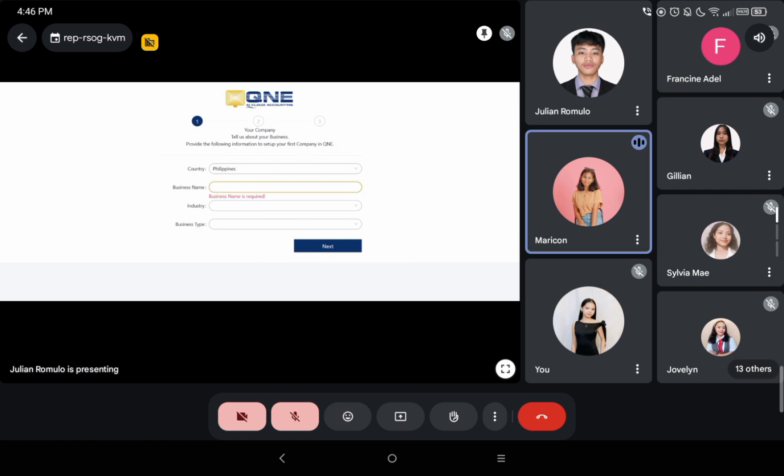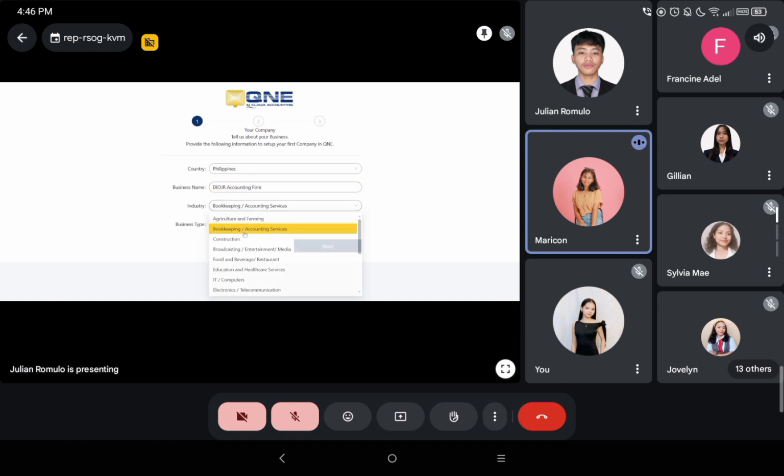Here, you are required to enter the basic information about your company. This includes the company name and industry and the type of business. For students preparing a business plan, you should use the business name you created as your company name, then select the appropriate industry. For the business type, we choose partnership unless instructed otherwise.